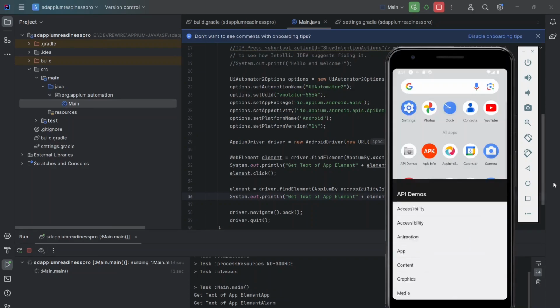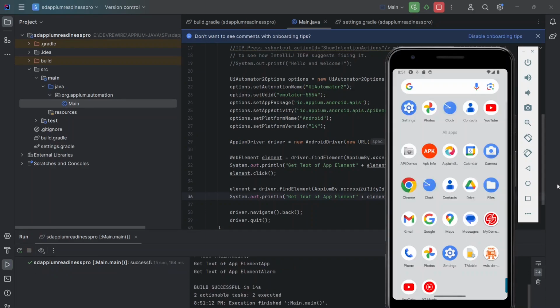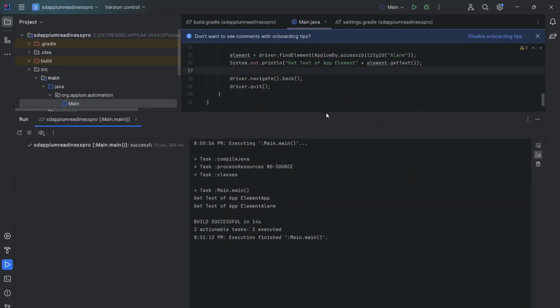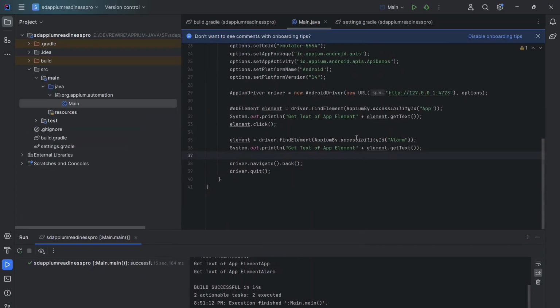Can alarm, then back. See here, get text of element app, get text of app element alarm. Okay, so I'm just giving so that